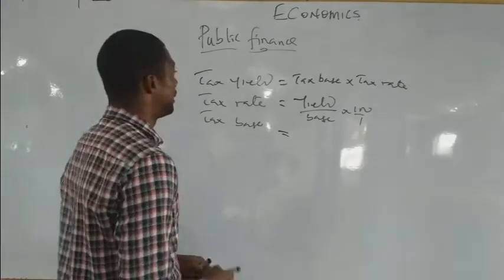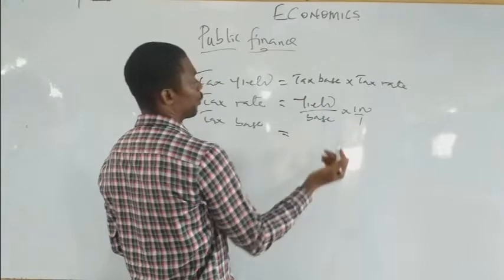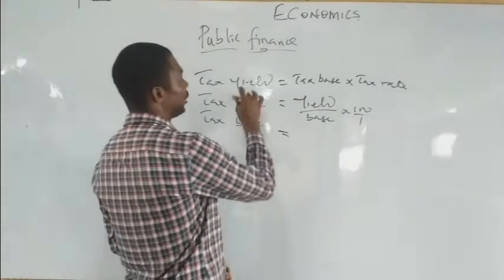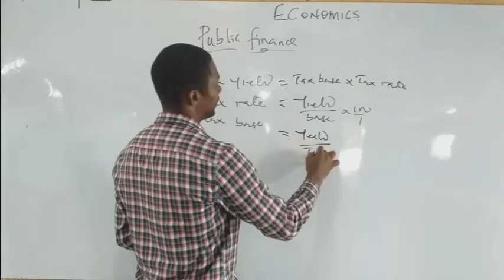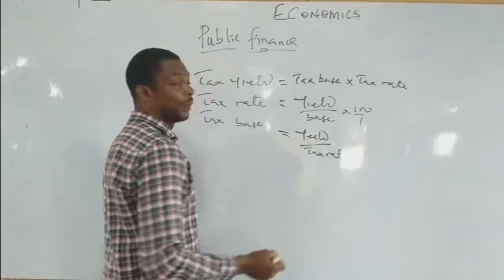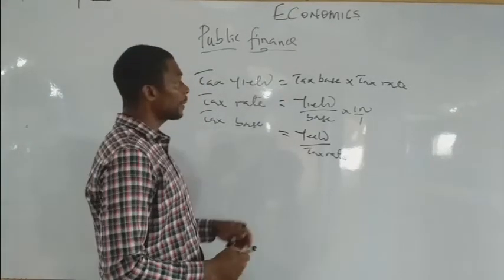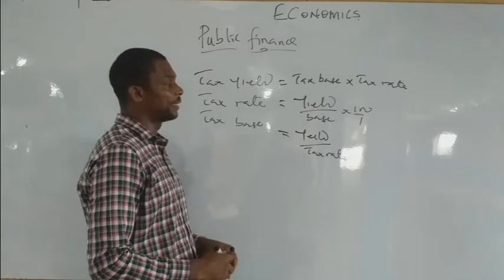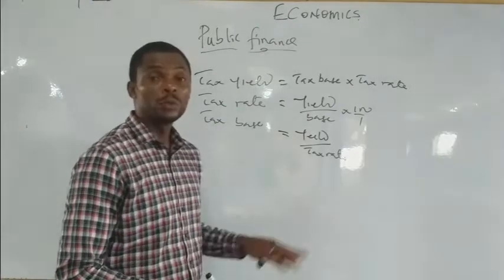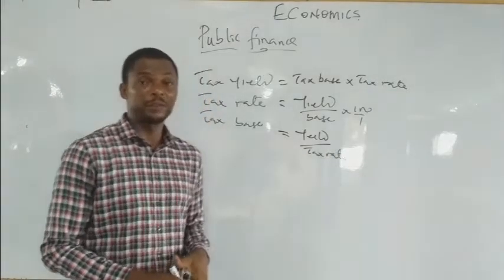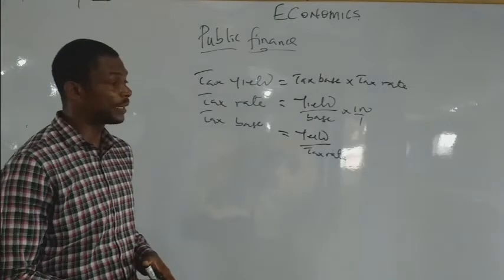So my tax base is what? Apply the formula, make base the subject of the formula. I don't need to cram it, just know one of them. That's yield over rate. That's tax yield over tax rates. You refer to that as a what? As your base. So you can mathematically get other aspects if you wish to do that. But meanwhile, that's how you can get your calculation aspect if it is necessary. So that's your tax rate, tax yield, and tax base.